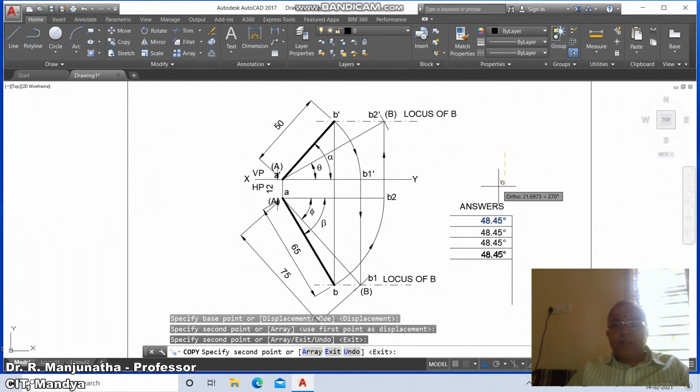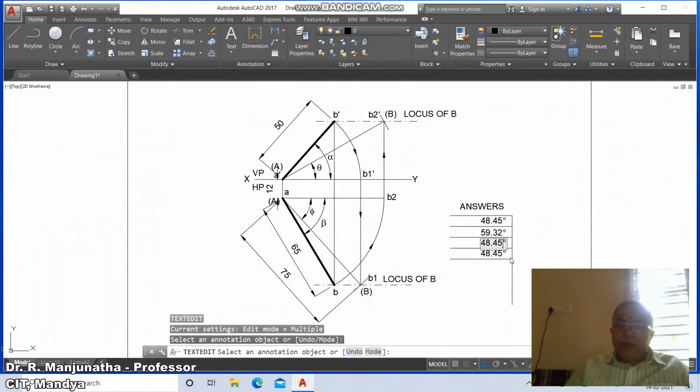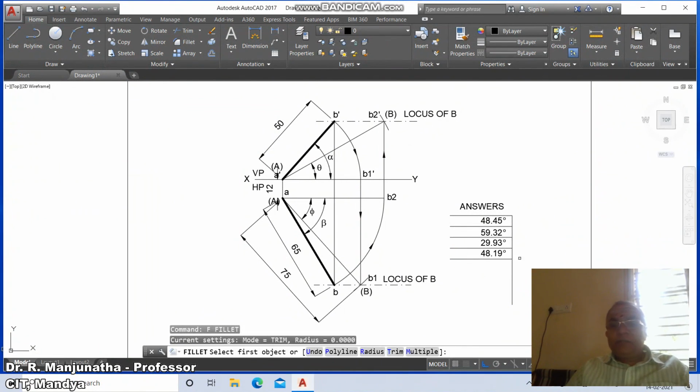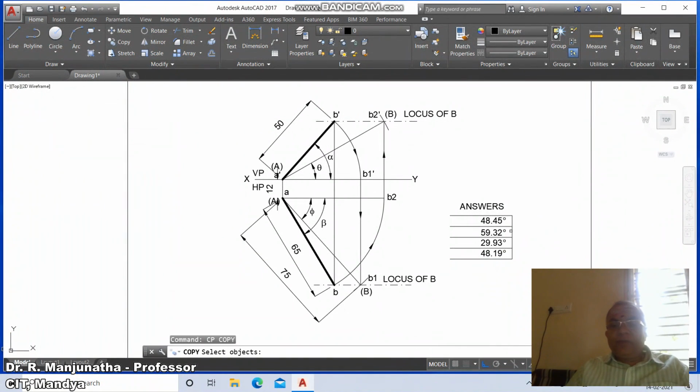Now once you have the text, we need to edit this. Go to DD edit, make it 59.32, then you just come down to this. So here it is 29.93 and here it is 48.19. Then go to fillet between these two, then go to copy this line,